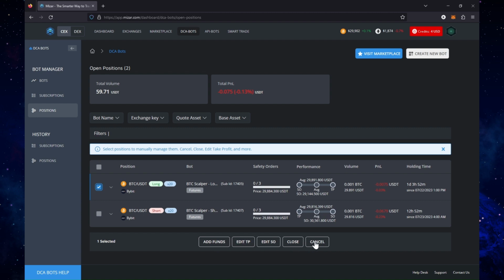These functions are similar in Mizar as they are in 3Commas, and they would be useful for bots and strategies that kind of got away, that lost control. So if automation is somehow not handling the price action, if you start having a big red bag, then you may need to take an action manually. And I don't think that would happen for these particular bots,